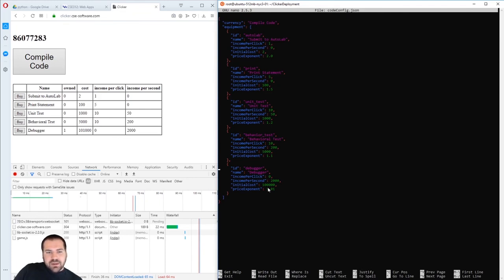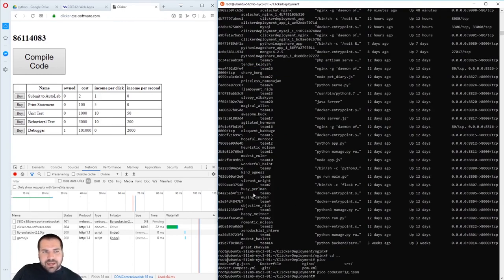And this clicker game works with a configuration file, so it's a generic clicker game that they can design. They can redesign themselves. But they build the infrastructure for it to read this JSON string and build the whole game based on that configuration. So they can expand it. Once they get sick of this one, which takes, I don't know, 3 minutes to get to the end game and not really have any fun with it anymore. So if they want a more complex one that takes longer to beat,